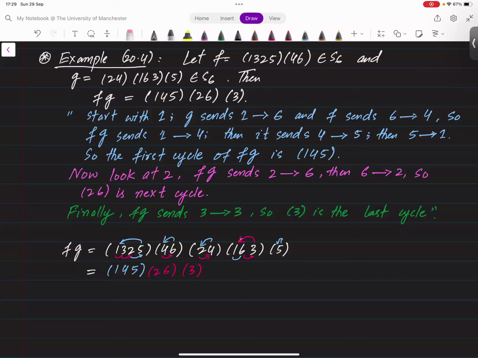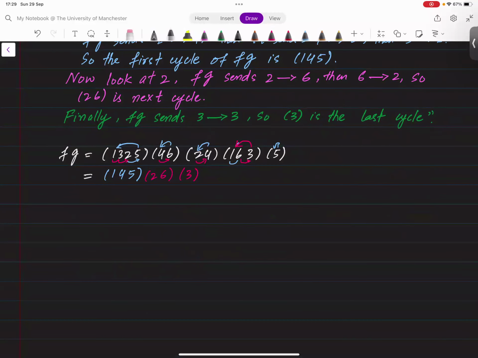Now, if G is a permutation given in cycle notation, the cycle shape of G is the sequence of numbers we get by writing down the lengths of the disjoint cycles of G in decreasing order. So let's write that. If G is in Sn, a permutation given in cycle notation,